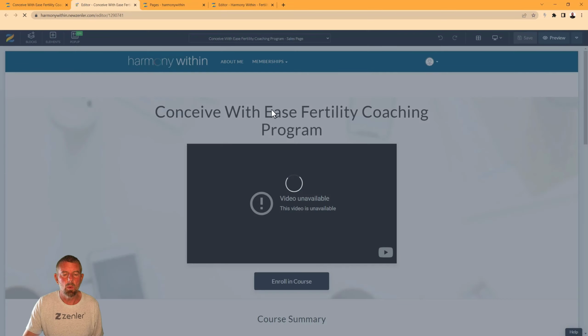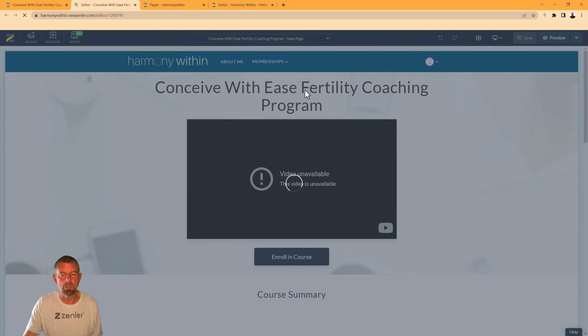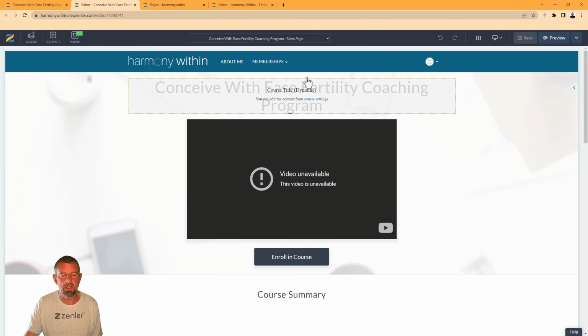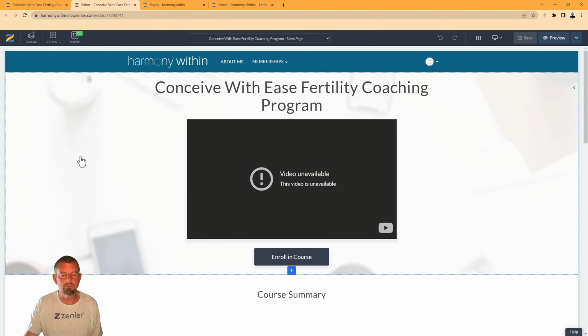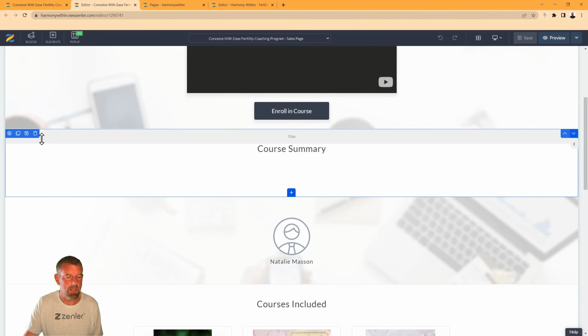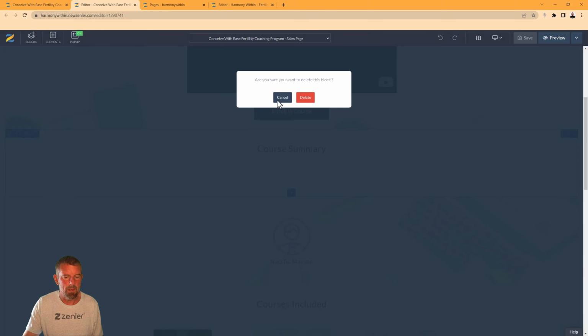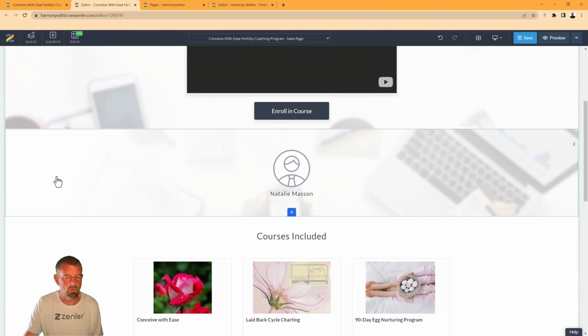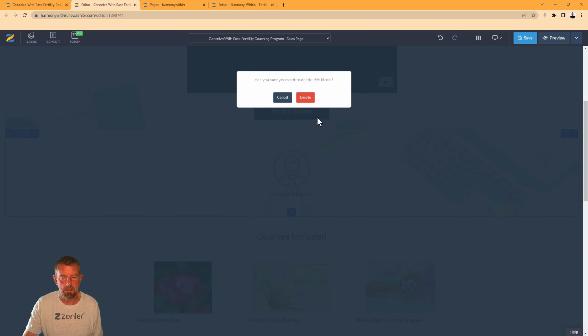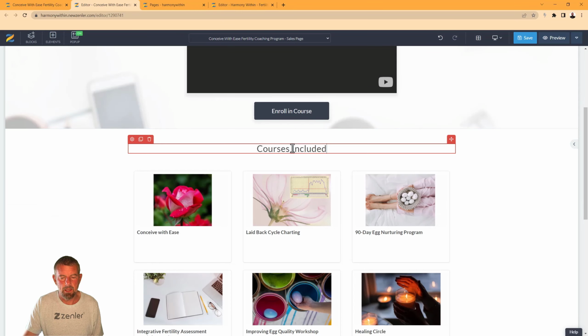So we have this dynamic block which takes the name of the actual course bundle and puts it up there, but I don't really need that. But I'm going to keep it there just because I want to copy some of the stuff across. So I'm going to go in now, and we're going to just create a new block. Now I don't want the course summary in here. I'm going to get rid of that. I'm going to get rid of this, delete, and I'm going to put in here